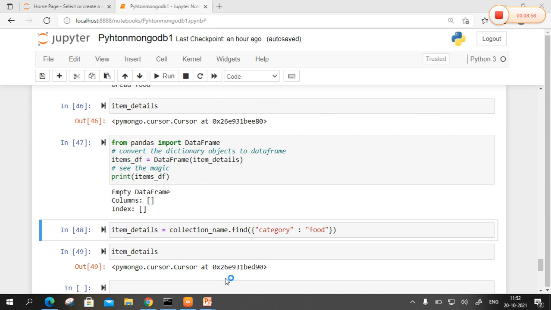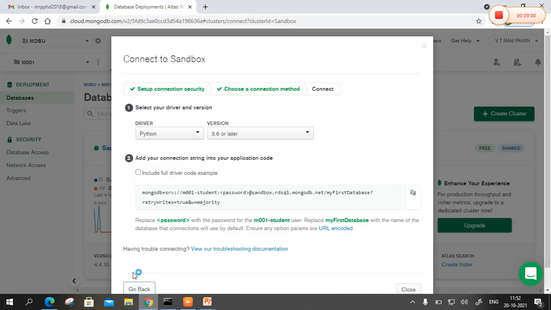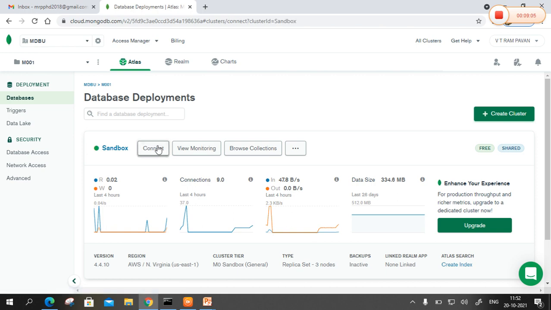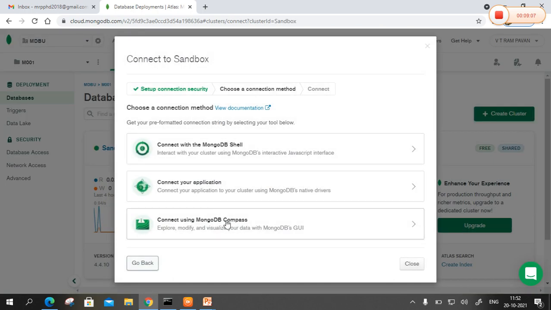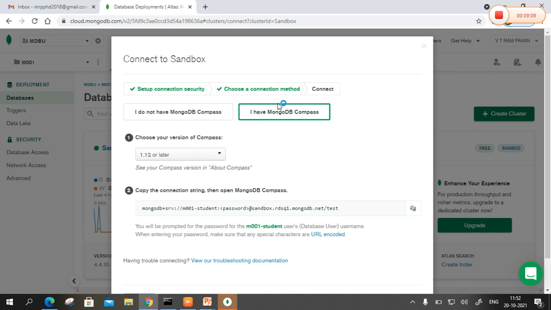So in order to connect to MongoDB Compass, we again move on to Atlas, where it provides the connection string for MongoDB Atlas. That is for MongoDB Compass. So here I have my MongoDB Compass. I will copy this connection string. Now I will go to MongoDB Compass and paste that connection string and verify whether the database or the collection is created. So it is initializing. Hold on, give me a second.